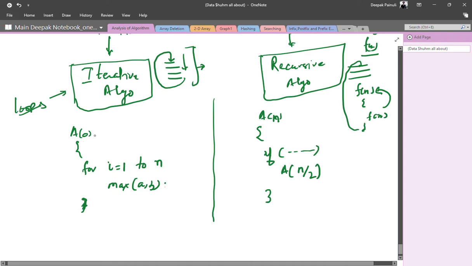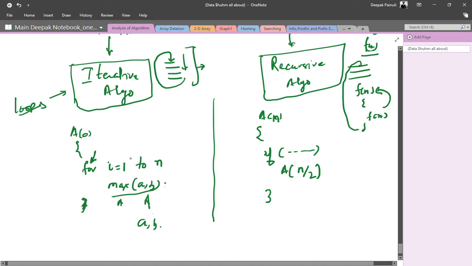Here in case of the iterative algorithm, there is a for loop, and this for loop is finding the maximum of a and b. Let's say this function is taking arguments a and b as input and finding the maximum of those two numbers, right?